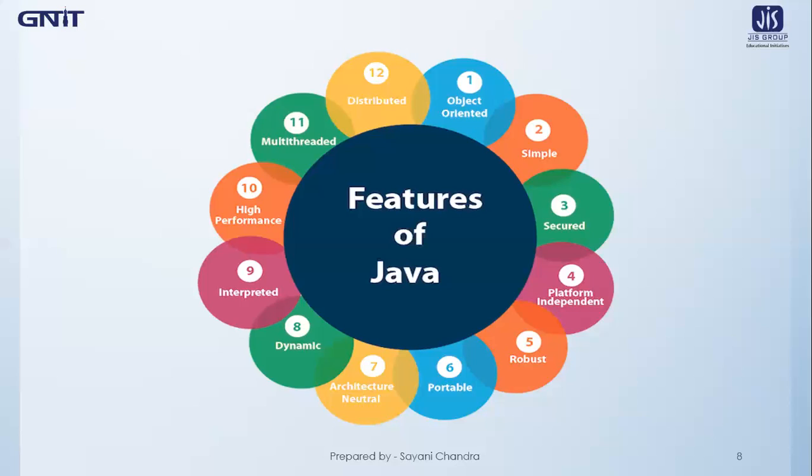Because we know that a compiler compiles the whole code at a time, whereas an interpreter compiles the code line by line. So if we use only one compiler in order to compile and run a program, that will obviously produce faster output. Whereas if we use compiler and interpreter both in order to compile and run the program, that will obviously give you output a bit slower compared to the other languages which use only compilers. But that's not at all a problem in case of Java, because so many other features are there that will obviously make it efficient and improved compared to other languages like C and C++.